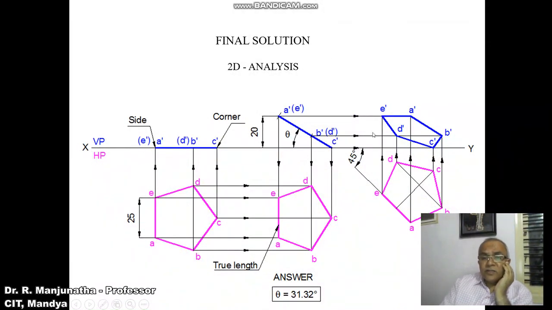We are going to analyze this problem, whether it is right or wrong. So finally, in this position, we can see one of the corners on HP. The corner opposite to the side is 45 degrees to VP, and the corner opposite to the side is above HP by 20 mm, and you measure the angle theta, and also it is the pentagon of 25 mm side. So since we have satisfied all the conditions which are given in the problem, hence the problem is